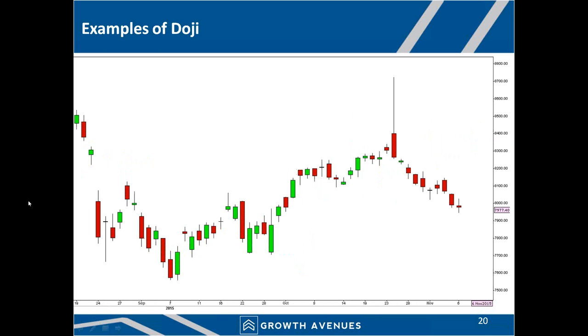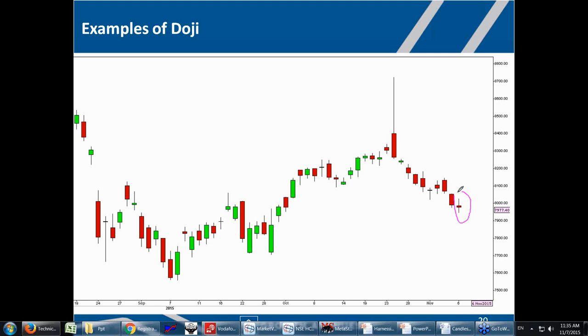There's another example of Doji, and this is of Nifty. I am zeroing in on Friday. You can see here on Friday there is an uncertain ending to the week. We are due with the Bihar elections tomorrow. There are macro numbers which are coming up next week. So there are a lot of events which are scheduled next week. It's a curtailed week. So one has to see what side the market is going to take. And that's why there is this uncertainty which has developed. So you can see how a single candle captures the entire market sentiment in just 4 data points and in one candle. You can see here this uncertainty. So one should be ready to trade on either side,